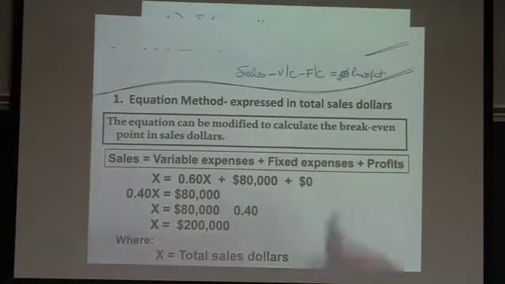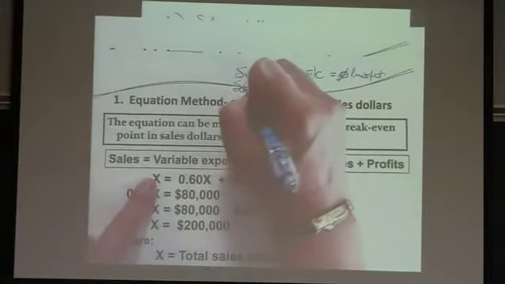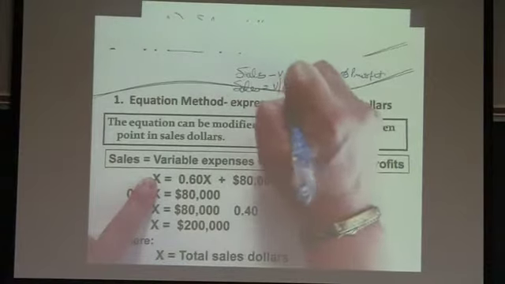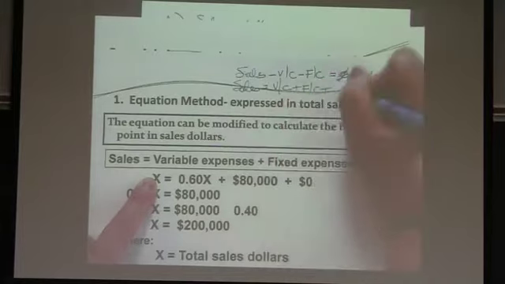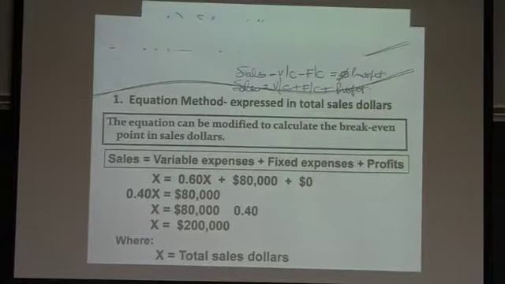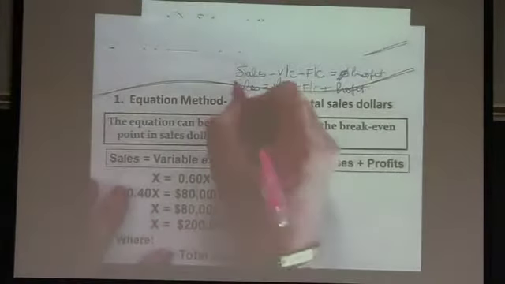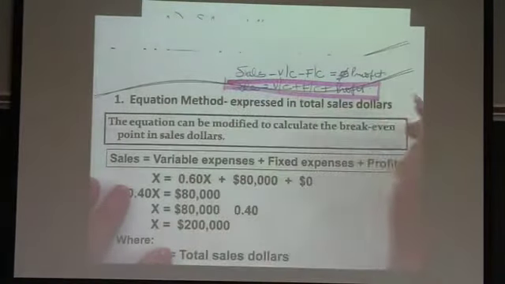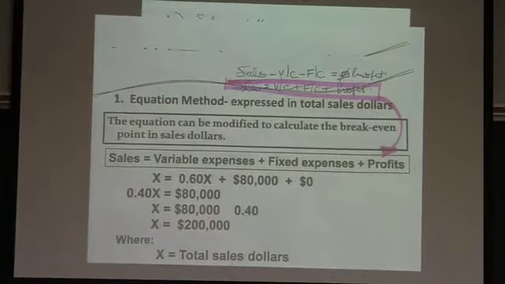So what we want is sales on one side of the equation equals variable cost, so we're moving it to the other side of the equation, plus fixed cost plus profit. And that's essentially what this equation is. Okay? So what we want is sales of X,